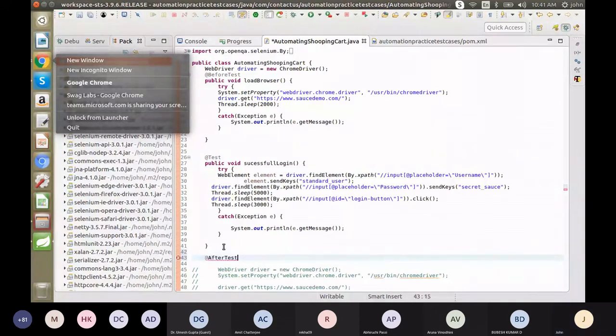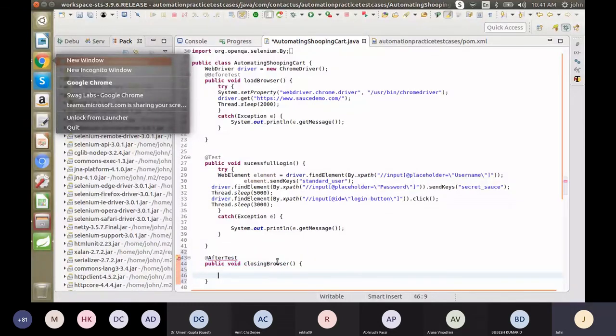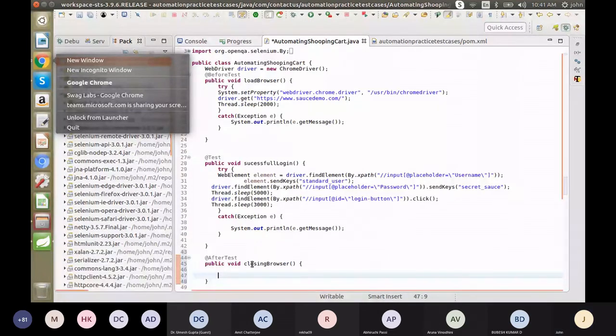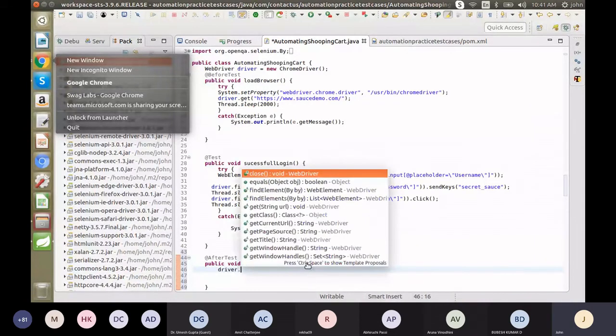Same thing, create one void method. I'm naming it closing browser. You have to import AfterTest. Inside it, we can close the browser.